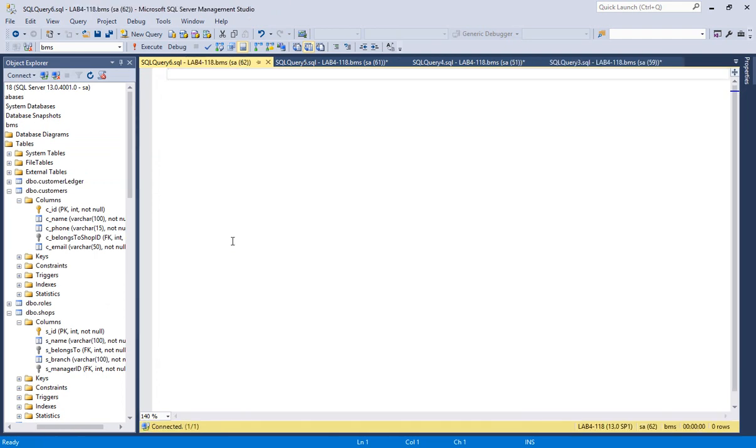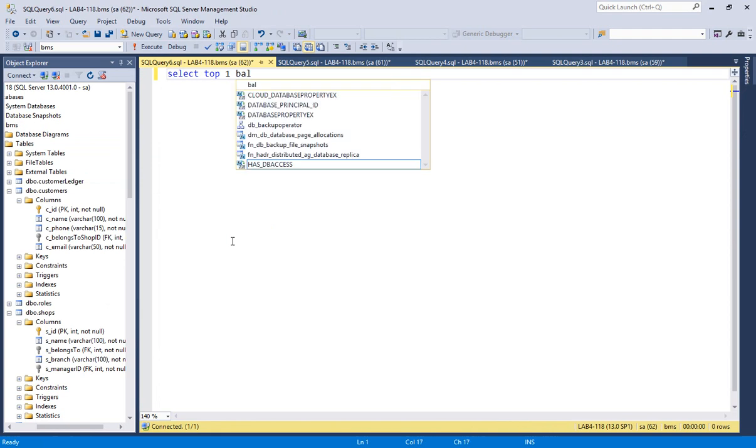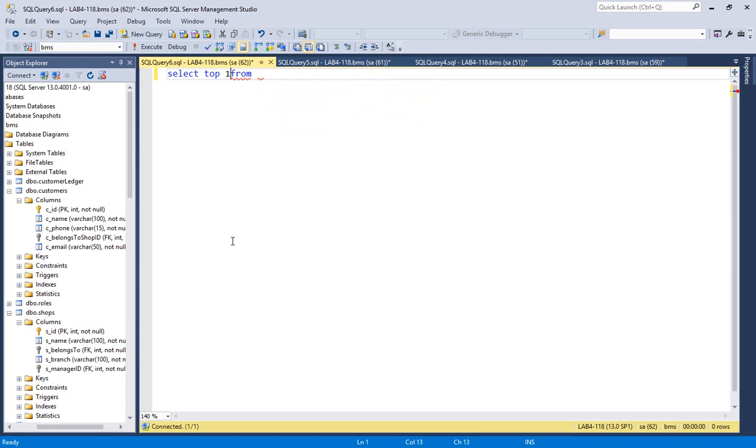the last balance of the customer. So select top one balance. Okay, from, you can pick up customer ledger CL, and you can write here top one CL dot balance as balance, or you do not write balance here because I will tell you why. From balance where CL dot customer ID is equal to, let's say, 1, and